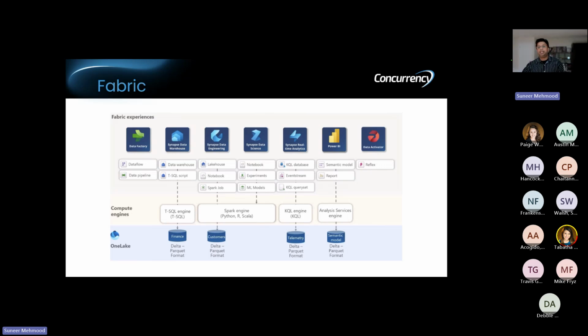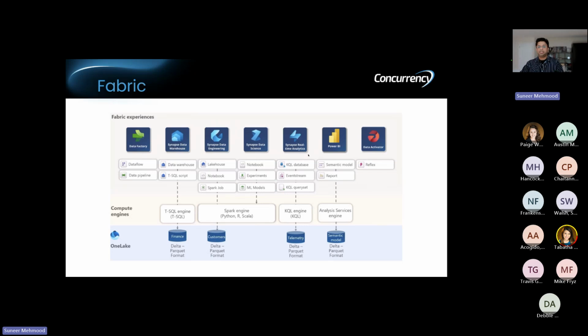And then you have data engineering pipelines, right? Your data science machine learning pipelines, right? Your real-time analytics. You have Power BI for visualizations and data activators in the mix, right? If you want to do something based on something that happened with your data. Like, for example, I have some new customers that have come into the system. They do not have their hierarchy associated with that. They do not have their parent customer associated with that. I want to alert my data stewards or list of users that I have certain new customers that need to be acted upon so that they can map to their respective parents. So I can write a data activator rule to actually alert the users.